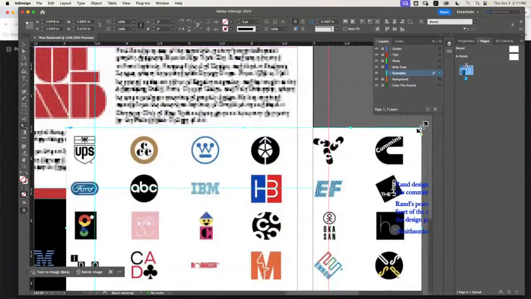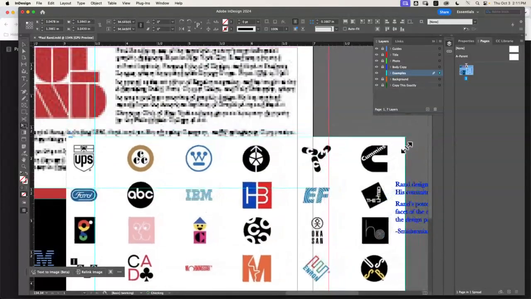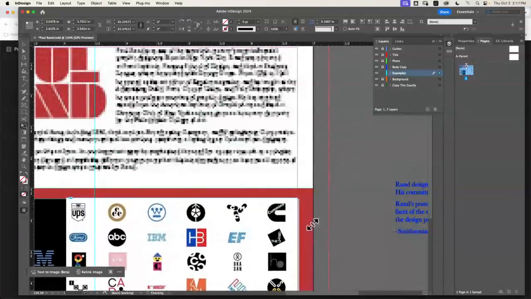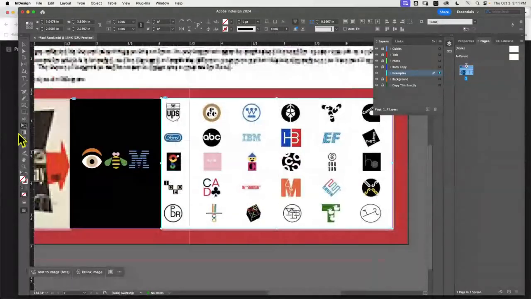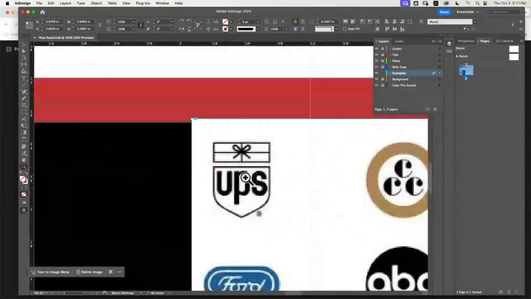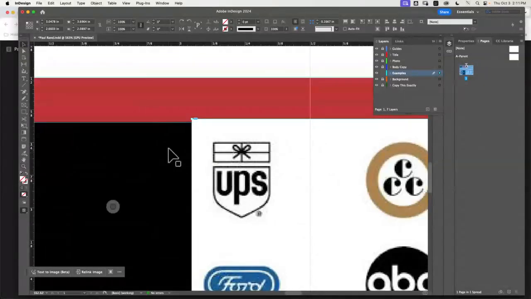So I'm going to make sure I'm on E, and I'm going to grab and hold down shift, and I'm going to stop right at that purple line. So if I stop at that purple line, now look at these. I think I have a jog, so I have to adjust. I have a little bit of a jog there. So I'm going to pull the,